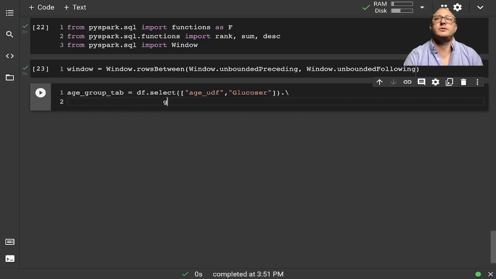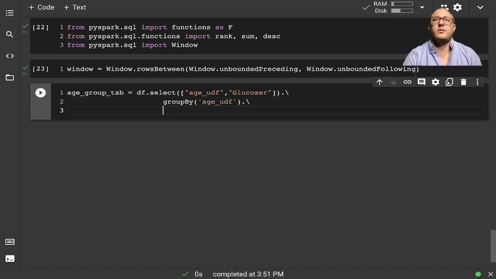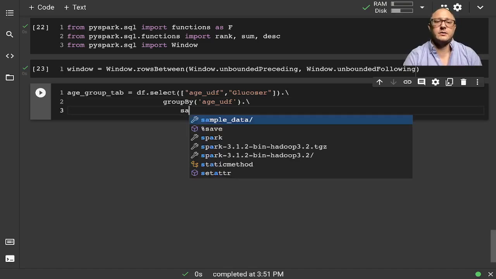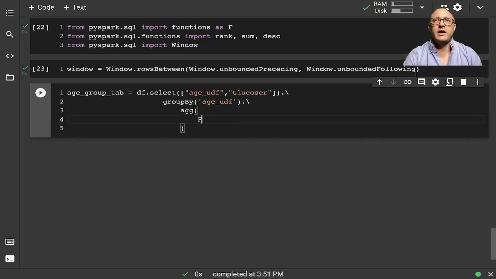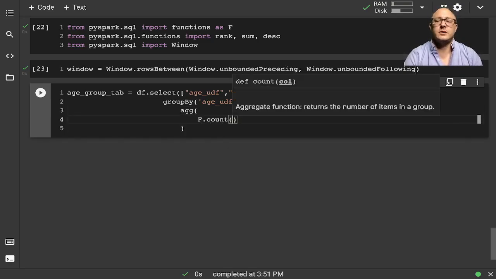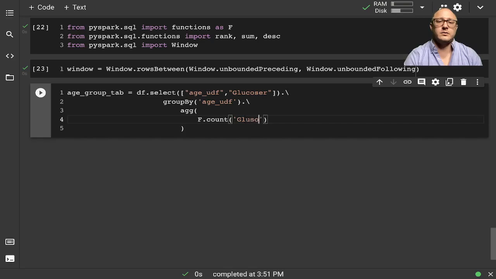All right, and let's do groupBy here. We want age UDF. We want to use the agg function here. So f.count of glucose.alias of user count,